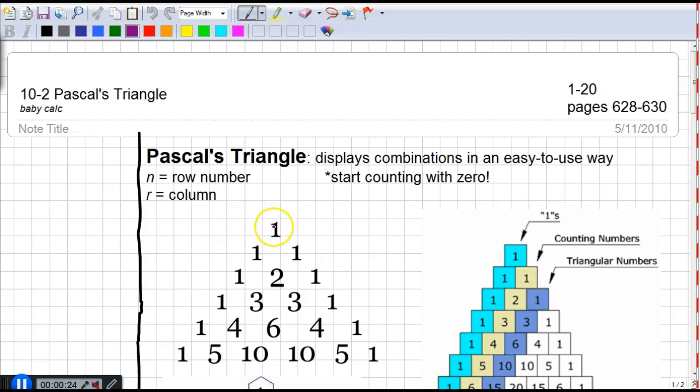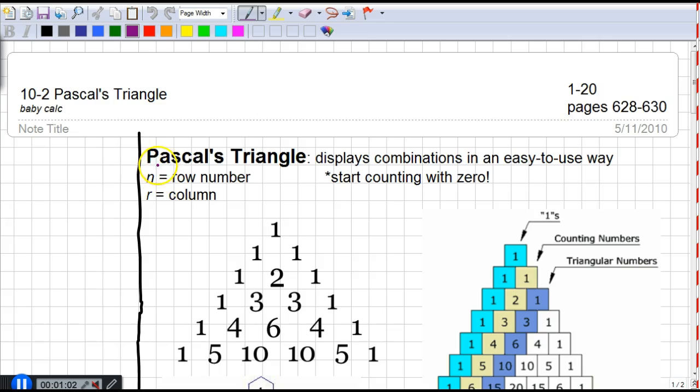Today's lesson is for students to get comfortable with the triangle and how to maneuver within it and how to recognize some of the patterns that are involved. We'll actually be applying Pascal's triangle to different types of problems later on in the chapter. So think of this lesson as kind of like the day that you learned your ABCs. The reason for why you needed to learn the letters wasn't entirely clear until you started forming words, which turned into sentences, which turned into paragraphs, which turned into novels. So we're just learning our letters today so that we can start to build letters and sentences and paragraphs and